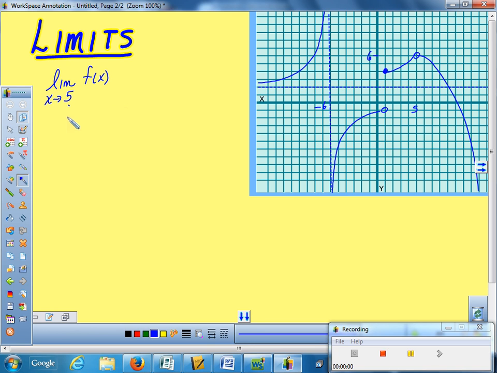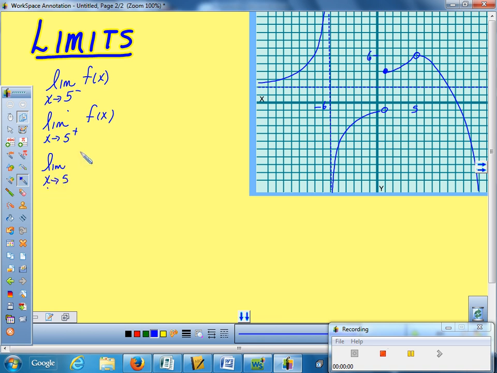Okay, if you'll recall though, I can approach from several different ways. I'm going to put a little minus behind that 5. Anybody remember what that means when you say 5, a little minus on it? It comes from which side, the left or the right? The left, because the negative side is the left side. So that's saying approach 5 from the left-hand side. Because we are going to do that one, as well as then we're going to approach 5 from the right-hand side. And then we're going to approach 5